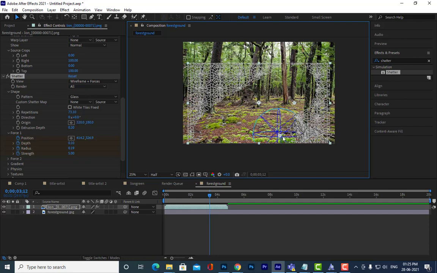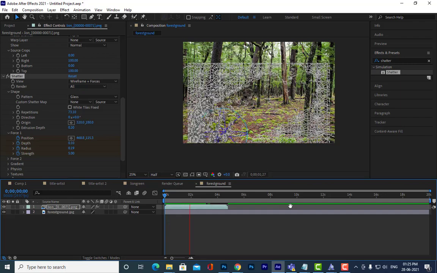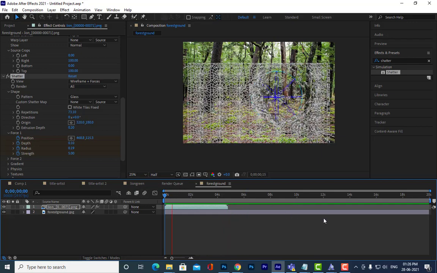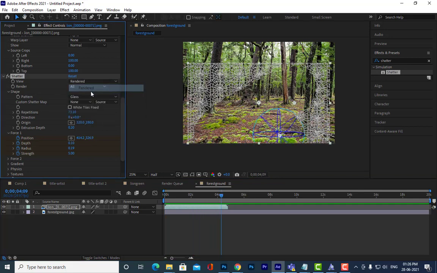Okay, see here. So it will totally vanish the entire lion. Are you able to understand? It will totally vanish the entire lion here. See here.